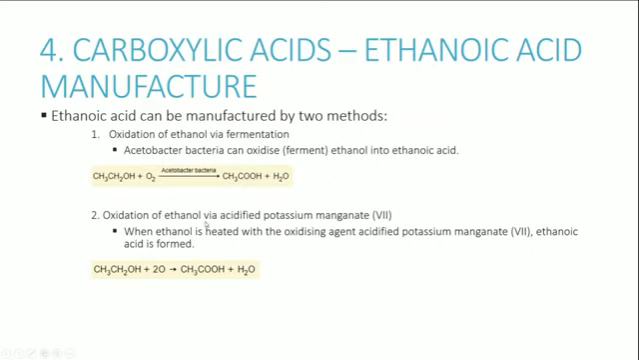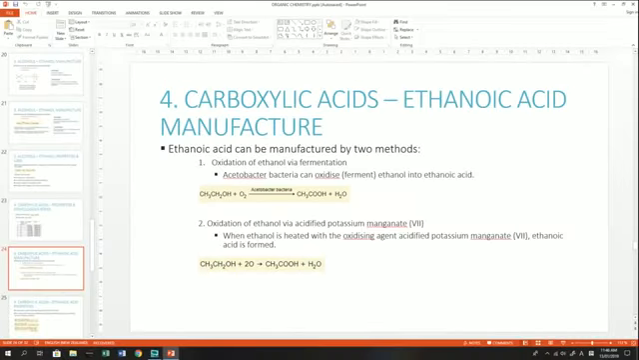Oxidation of ethanol can also happen by acidified potassium manganate, which is an oxidizing agent. So when ethanol is heated with an oxidizing agent such as acidified potassium manganate, you get ethanoic acid being formed in the process, like this equation over here. So you've got the ethanol getting added to the oxygen, which is the process of oxidation, and you get ethanoic acid. If I were to draw that out,